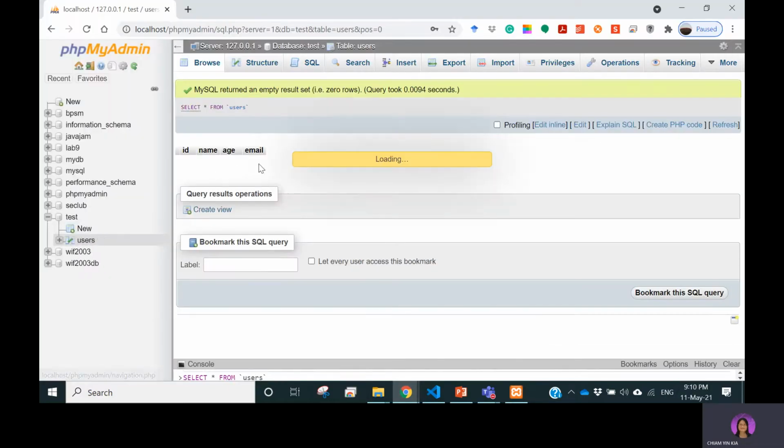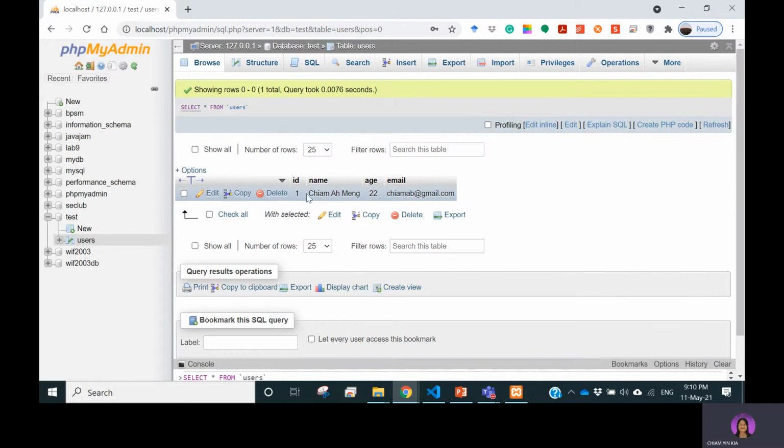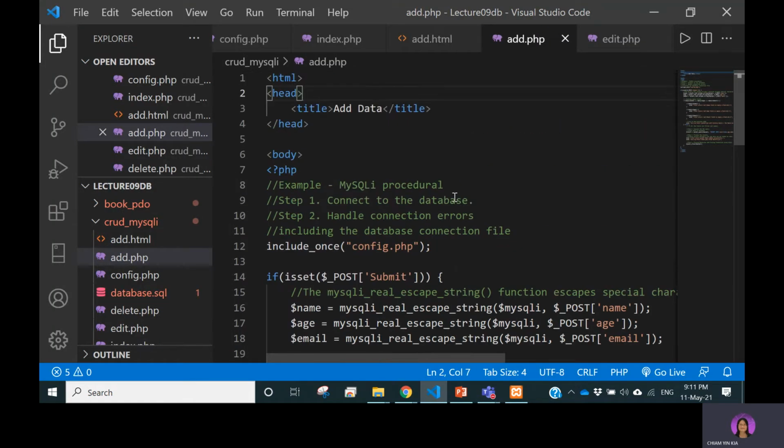If you click here again to refresh it, you can see the new record has been added. This is the one that we already saw. And now if we come to the code, basically any file that needs to use the database connection, remember to include